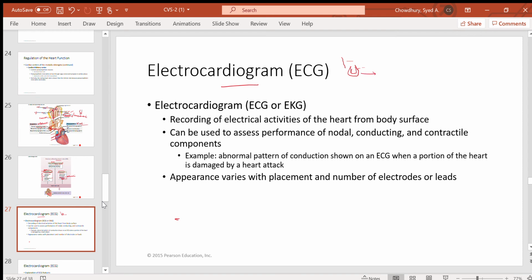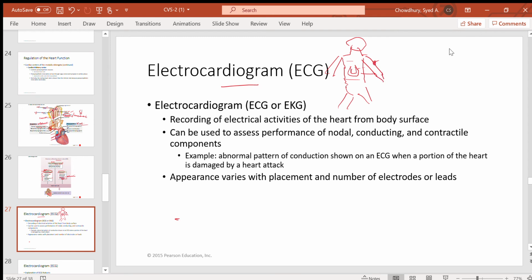So you can pick up, if this is your body, the signal from anywhere on your body. That's why you know that the electrical signal spreads quickly everywhere, right? So everywhere in your body some signal will go, and you can pick up that signal by putting electrodes